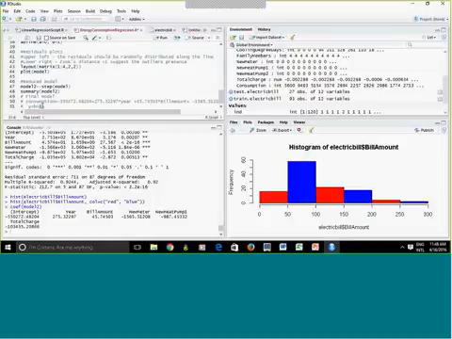A is the slope. If I increase my x value by 1, the slope is the amount by which y is going to increase. Similar here: if I increase the bill by $1,